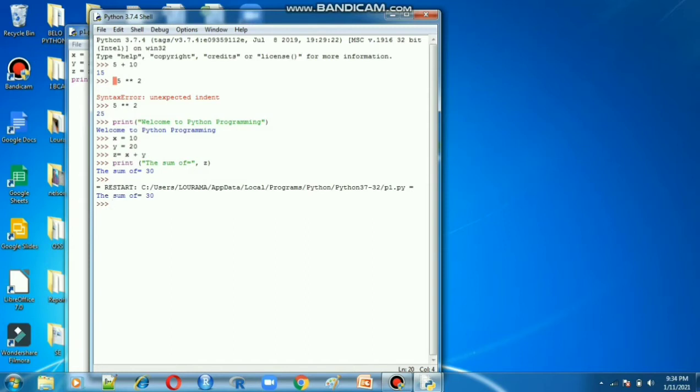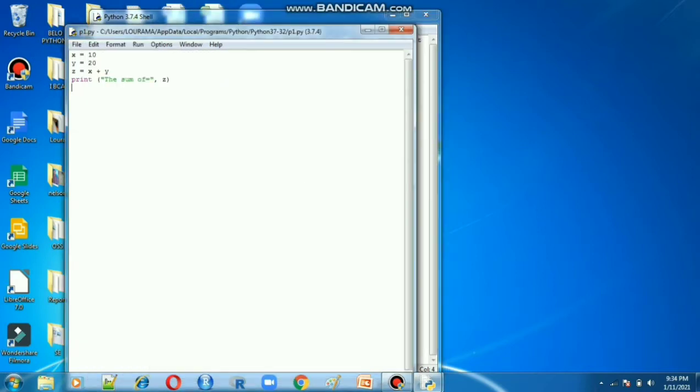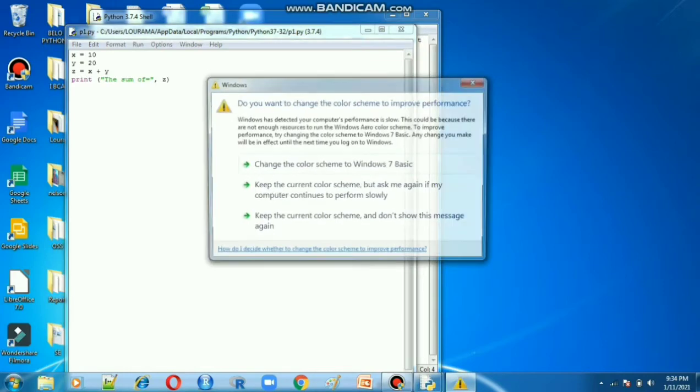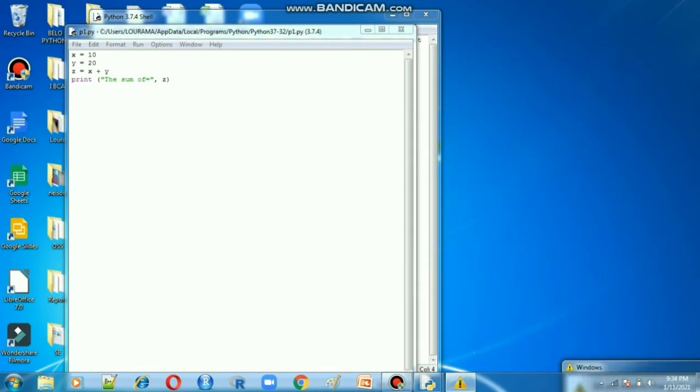So interactive mode means we type the code and immediately we get the result from that interactive mode itself. So maybe you understand clearly. We have to see some more examples for script mode. We have different ways of executing a Python program. One is the interactive mode, another one is the script mode. Now we have to execute a string. How to execute a string, we have to see now.